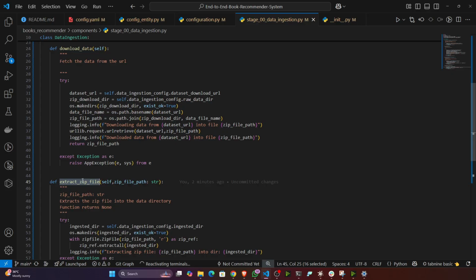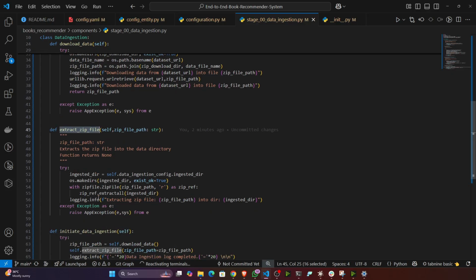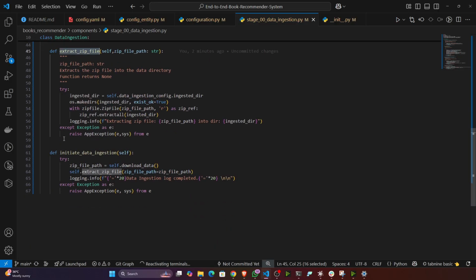Download. Okay. If my data is not downloaded, then why would I extract the zip file, right? The zip file should be present first of all, then I can extract it. That's why it is called the step of execution. First of all, you have to download the data, then you have to extract the zip file. Okay,